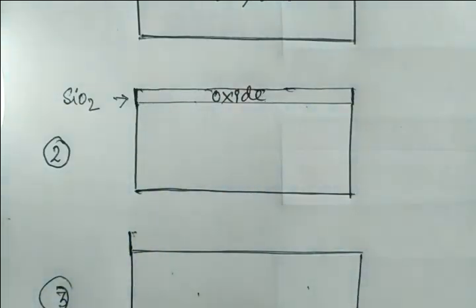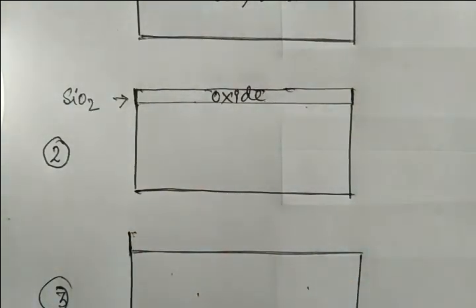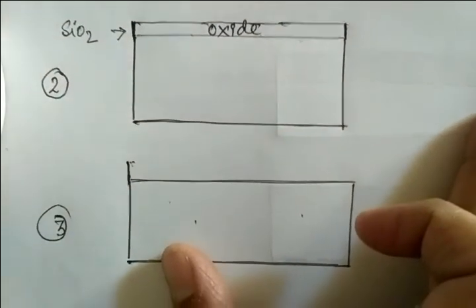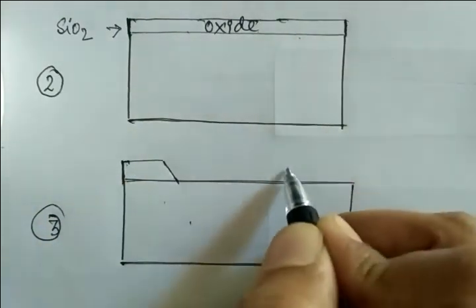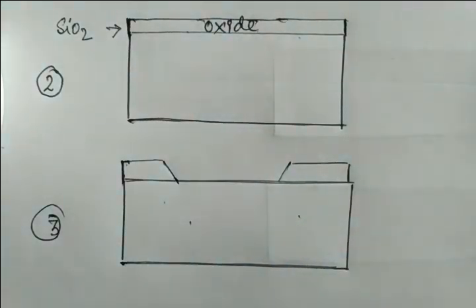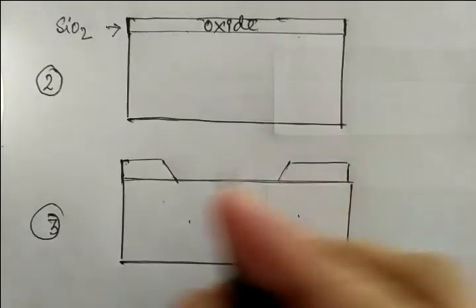For this process, we have to use some material, and that will create these three prominent terminals very clearly, right? If we selectively etch some portion with some material, I am coming to that point.